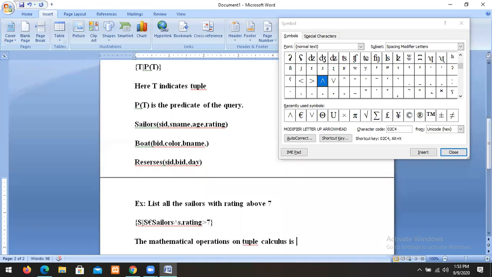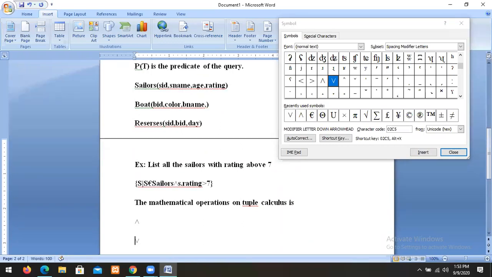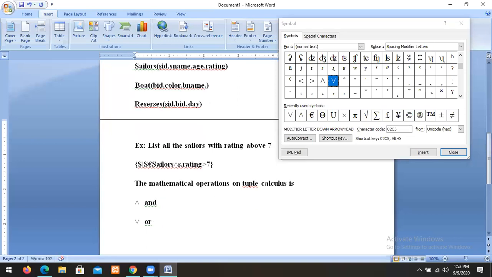This one is called AND. We use this for AND. I will use the AND symbol. This is for OR. And this is for NOT. For example, I use NOT.